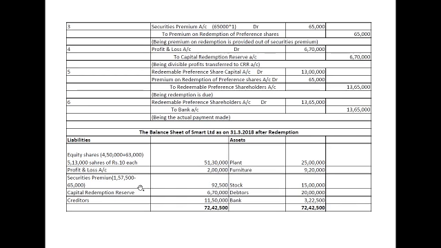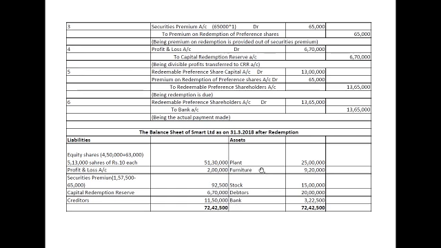Next, securities premium. Actually in the fresh issue we got 1,57,500, but from that 65,000 was used for paying the premium on redemption of preference shares, which we have to deduct here. The remaining amount is 90,500. Then the amount transferred to the CRR, capital redemption reserve, is 6,70,000. Then the creditors as it is, there is no change, 11,50,000. So total of liabilities will be 72,42,500. Now coming to the asset side,